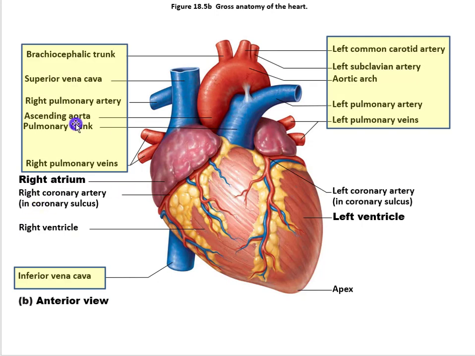Some of the other parts that we see there is the pulmonary trunk, and remember that pulmonary trunk splits off into the right and left pulmonary arteries, and again these are carrying deoxygenated blood into the lungs so that the lungs can dump in oxygen. If we were to crack this open, we would see that that emerges from the right ventricle,